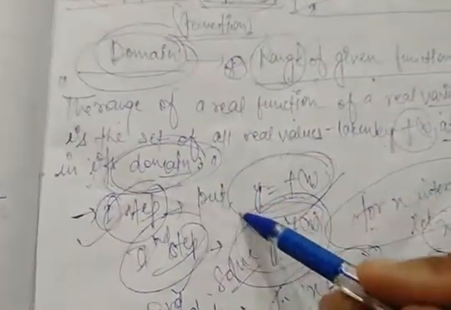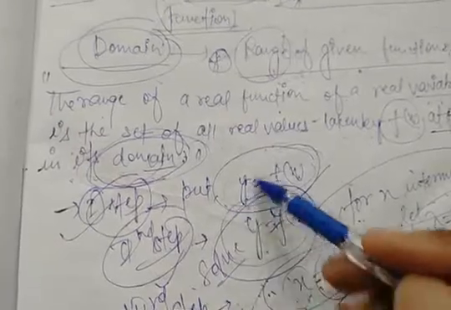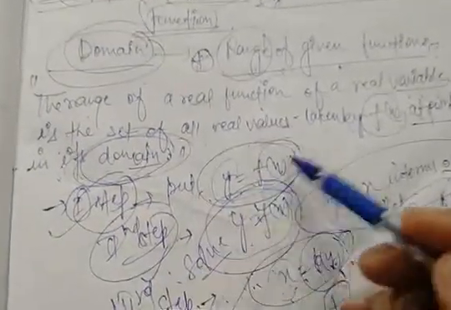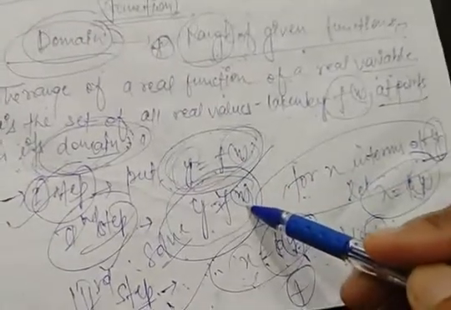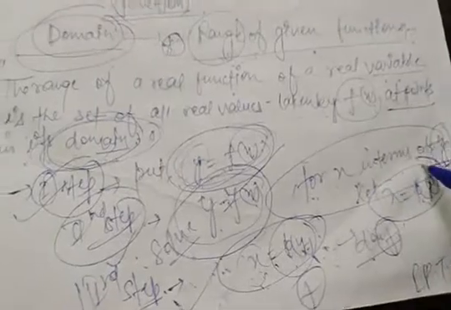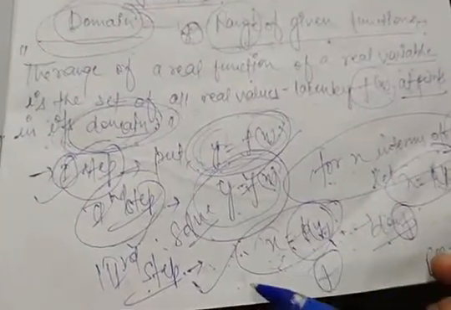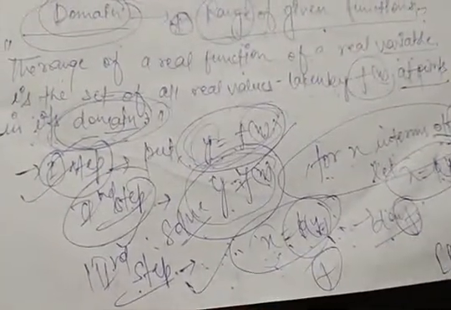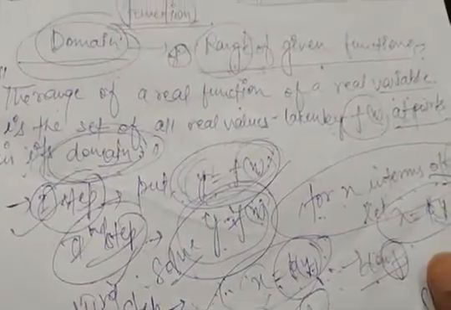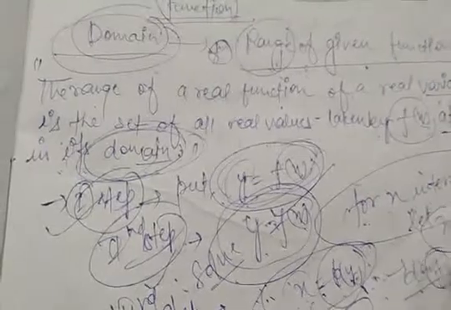First of all, for finding the range we put y equal to the given function. In the second step, solve the equation y is equal to f of x for x, and we express x in terms of y. In the third step, we find the set of values in its domain, and that is the range of the given function. We solve some questions like that.